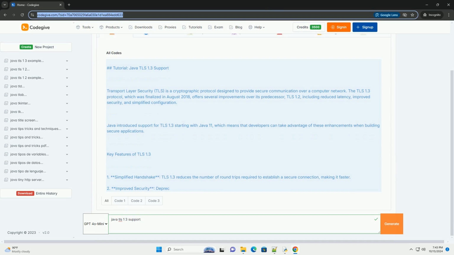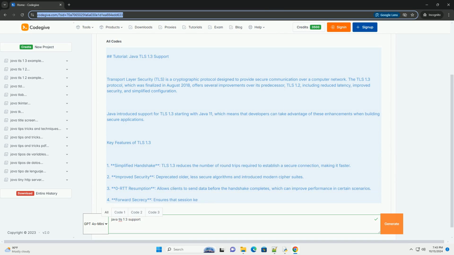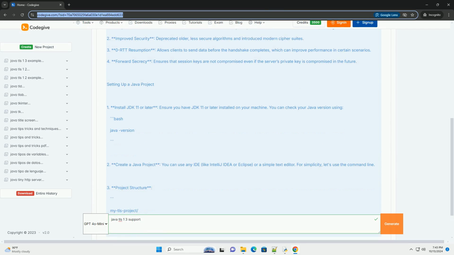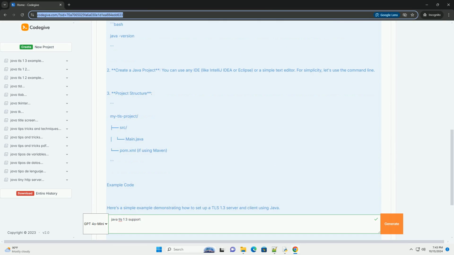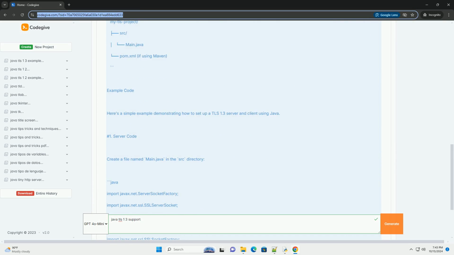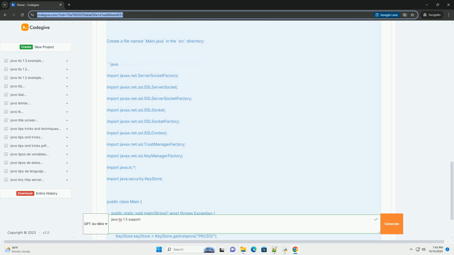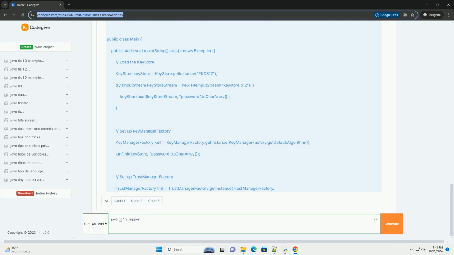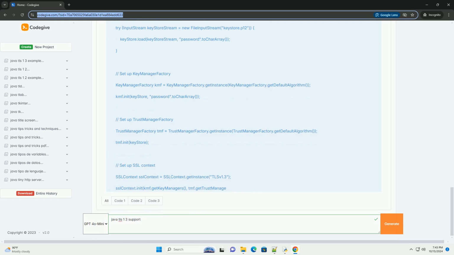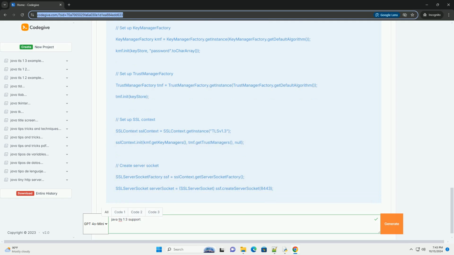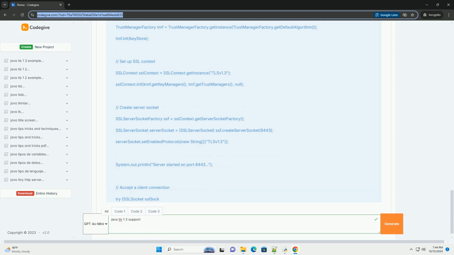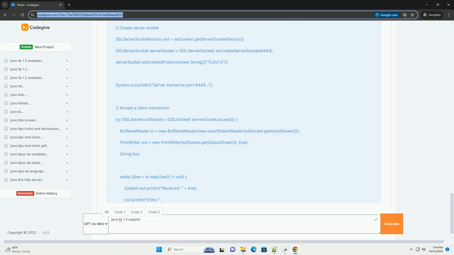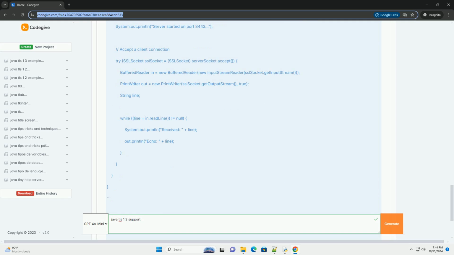Tutorial: Java TLS 1.3 support. Transport Layer Security, TLS, is a cryptographic protocol designed to provide secure communication over a computer network. The TLS 1.3 protocol, which was finalized in August 2018, offers several improvements over its predecessor, TLS 1.2, including reduced latency, improved security, and simplified configuration. Java introduced support for TLS 1.3 starting with Java 11, which means that developers can take advantage of these enhancements